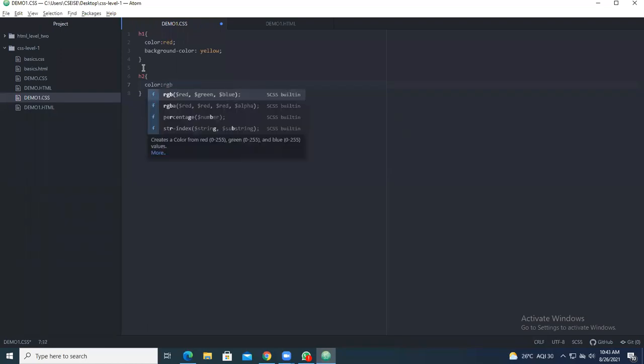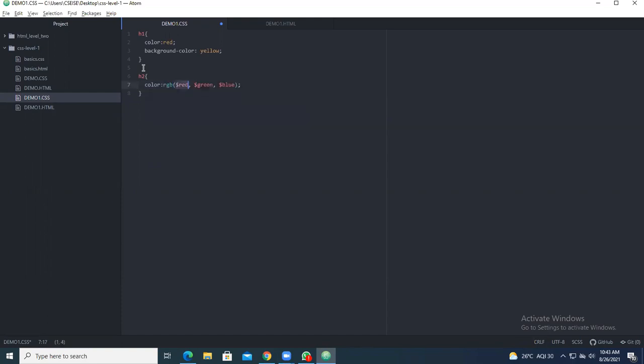For now, I will be taking RGB. For red, you give the value 255. Next green, you give the value 97. Next blue, you give the value 0. So you can take different colors for the H2 also.